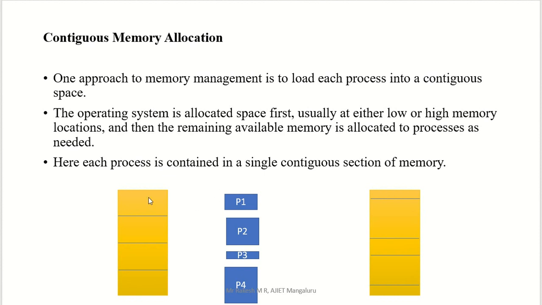But here the thing is contiguous memory allocation. Another concept we are going to see is the process. Consider we are taking processes from secondary memory. P1, P2, P3, P4, 4 processes are there. We are going to store the processes from secondary memory into primary memory. I will move that here. I can put the process in the first block, or in the second block, or in the third block, or in the fourth block.